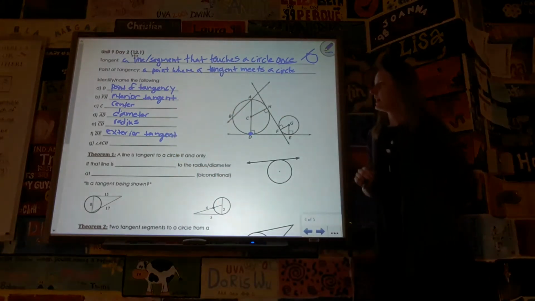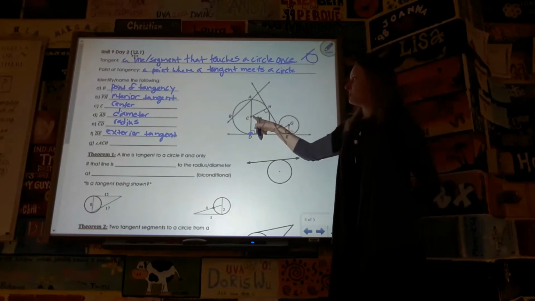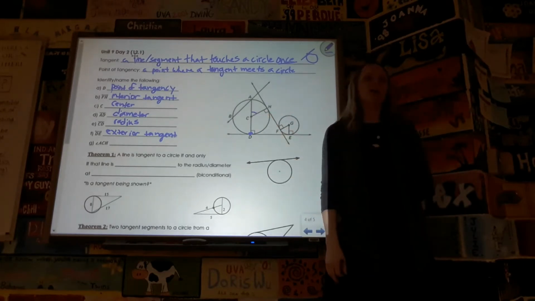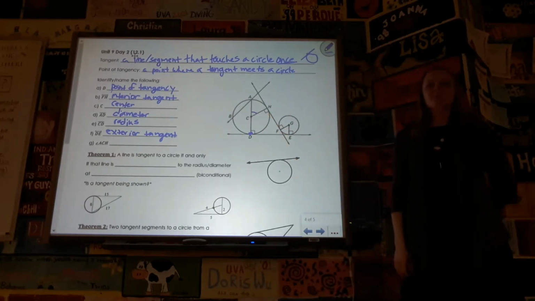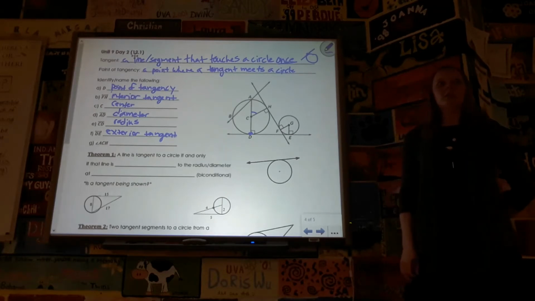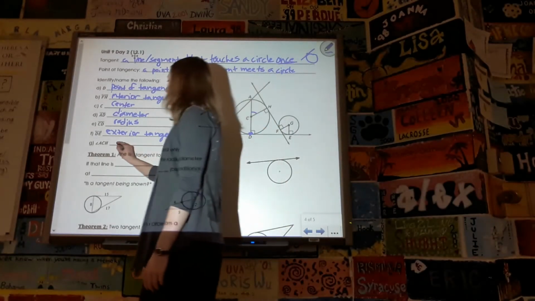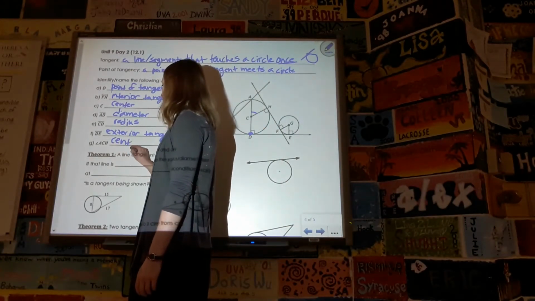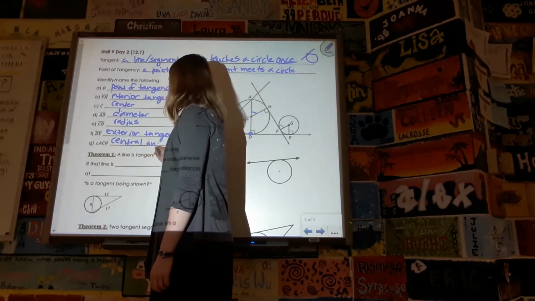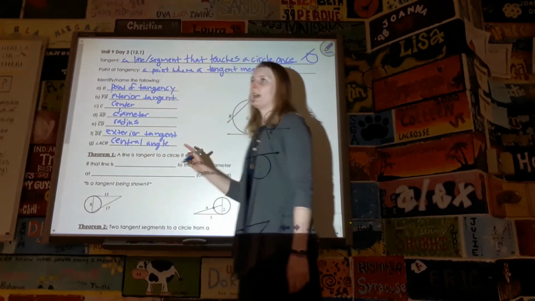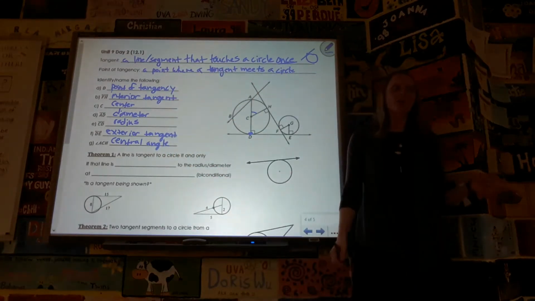And then lastly, I have angle ACH. We have a special name for an angle that looks like that, position-wise. Central angle. Any angle that comes from the center of a circle is called a central angle. It's important to know that kind of angle because there's going to be another type of angle that we're going to learn